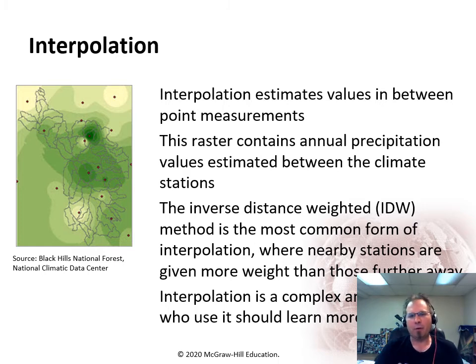Here in Oak Creek, I got way more rain than up in Brown Deer or something like that. So what that does is it gives you an idea of highs and lows over that surface. And the most commonly used one is what's called the inverse distance weighted function,